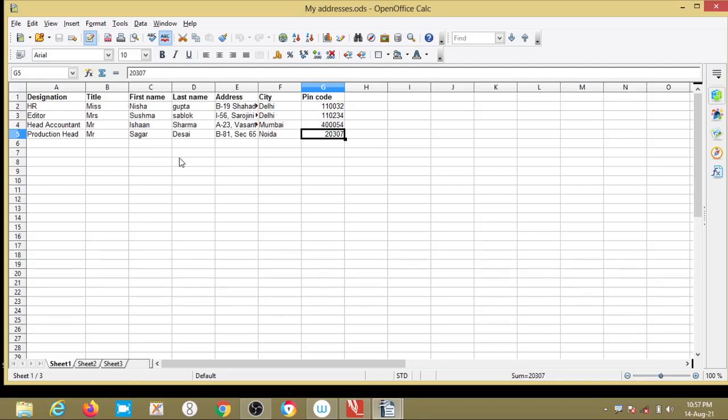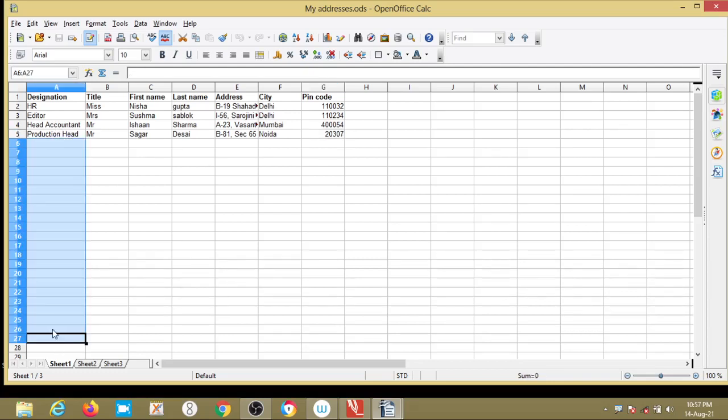This is the data source, which keeps changing. Here there are 4 members: one is the HR, another the editor, the head accountant and the production head. We can create n number of customers, or 50 or 100 students, depending upon the data available for us, to whom we have to communicate the letter or whatever information we have to communicate.